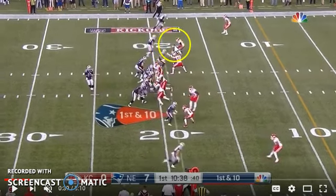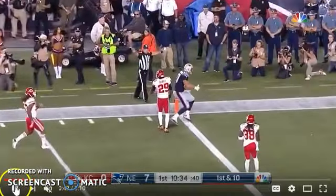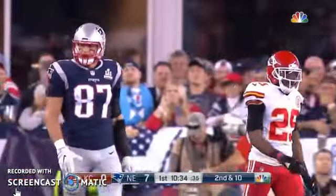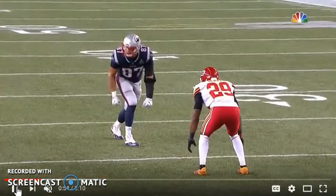Okay, we're right here in the slot again. I like how Eric Berry stays square for the most part. He shuffles really well, but I will tell you this. He got away with a little grab right here. But look, you definitely want to try your best to be outside shade of him, man. Now, obviously, he does a really far release right here